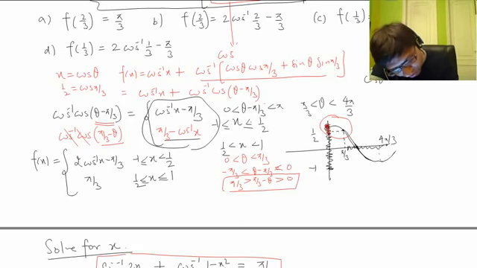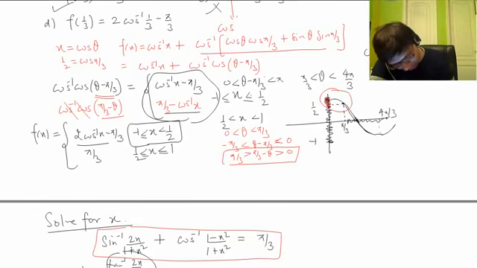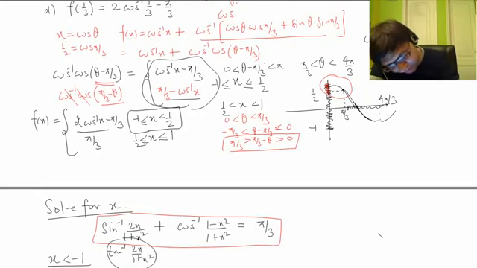2 pi by 3 is more than half, it matches, we replace and it will match, 2 pi by 3. This is wrong. f of 1 by 3 equal to pi by 3, that is also wrong. f of 1 by 3 lies in this interval. 1 by 3 is in between this, and the answer is this. That's fine, right? So in this question again, you could have used the graph to break this.